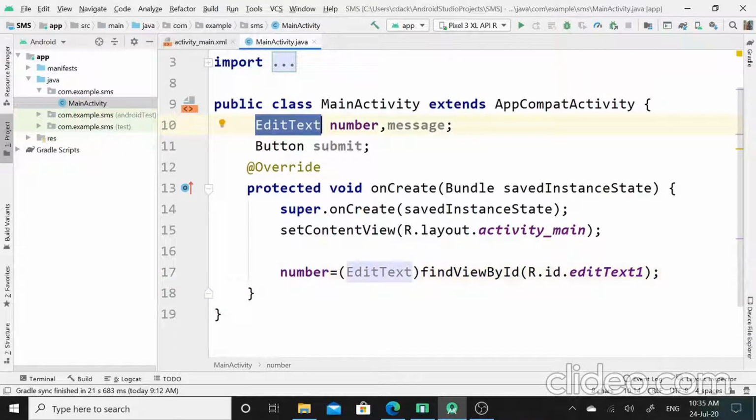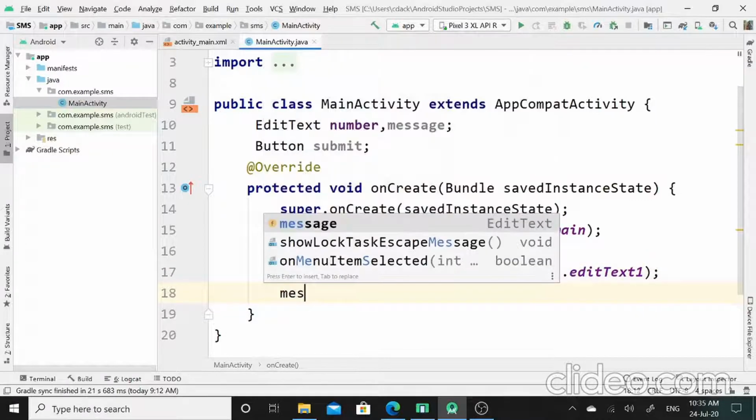Since this ID is present in integer format, and this is a reference of EditText class, I have applied here typecasting methodology so that this integer value will get assigned to the reference of EditText class.